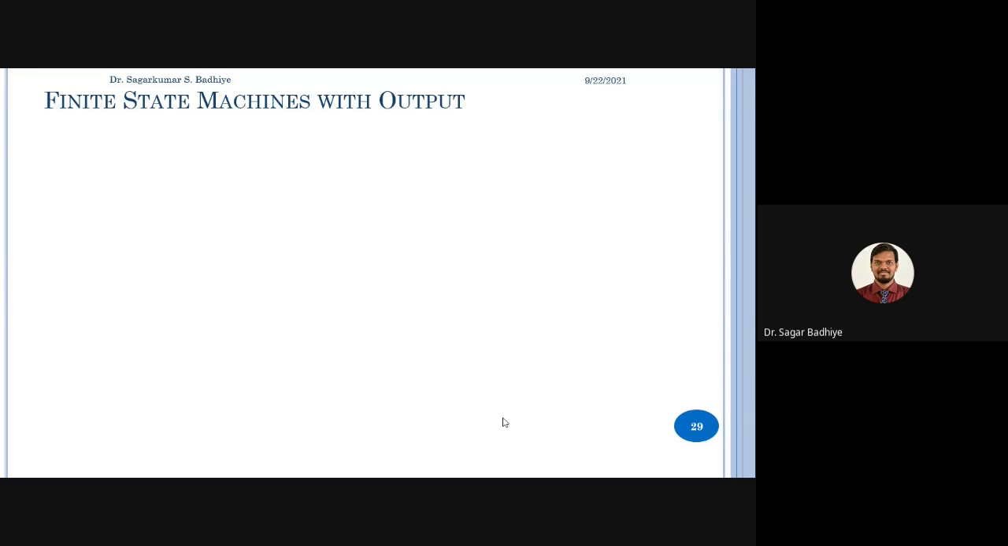Now, if we make these machines produce certain outputs, then we come to something called finite state machines with output. There are two types of finite state machines that produce output, and you might have heard about these machines when you learned digital electronics, right? These machines are nothing but the Mealy machines and the Moore machines. The Mealy machine was designed by George H. Mealy in 1960,